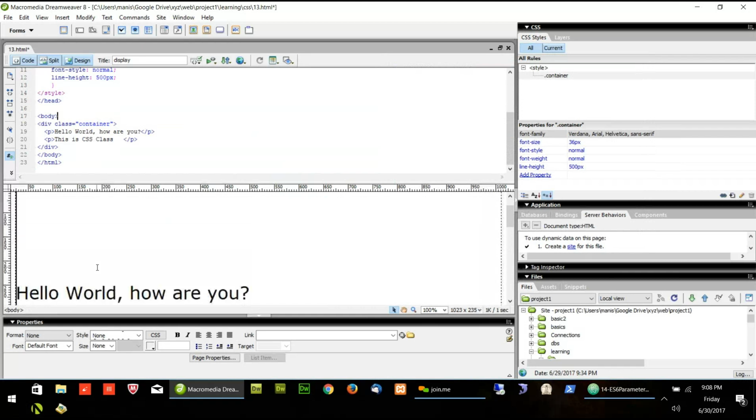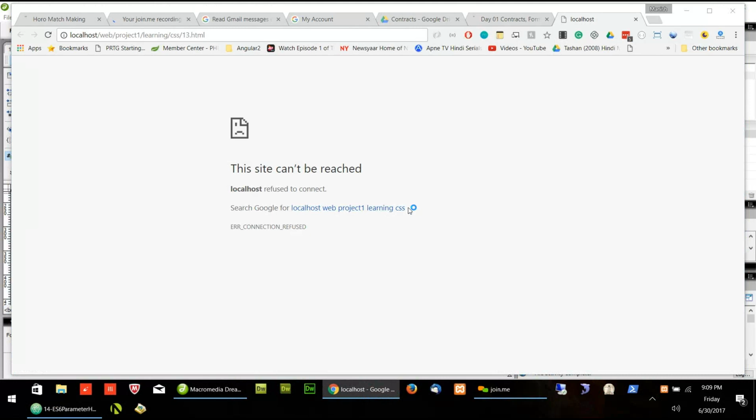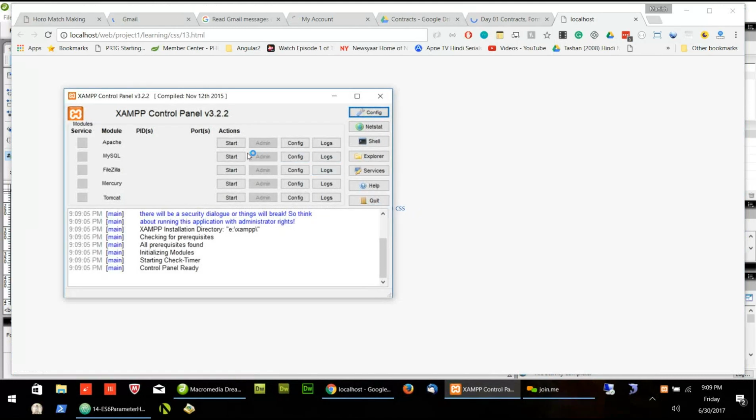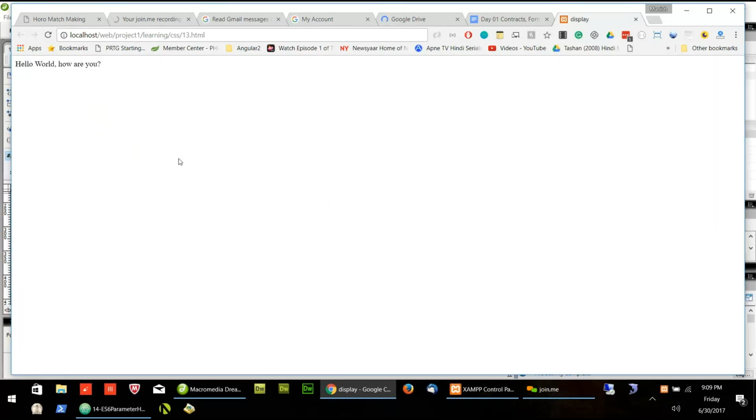Let's run it in the browser to see what the difference is. The line height is basically the height between the two lines. So if I refresh this page, let's see where the other one has gone.